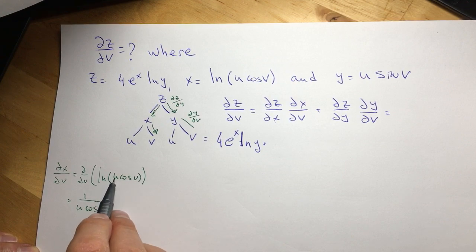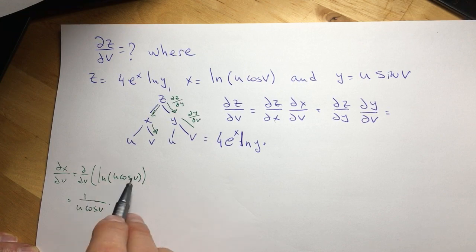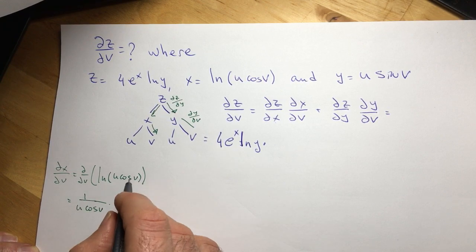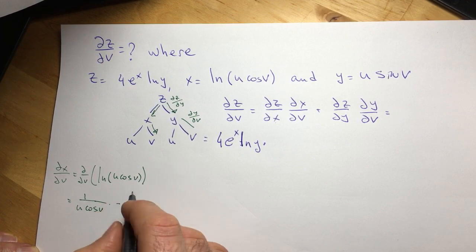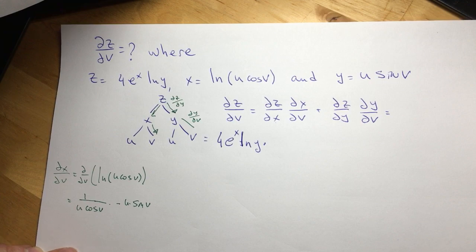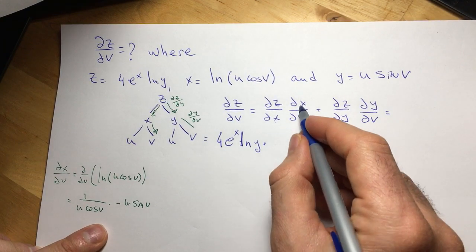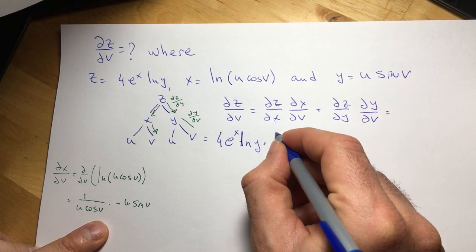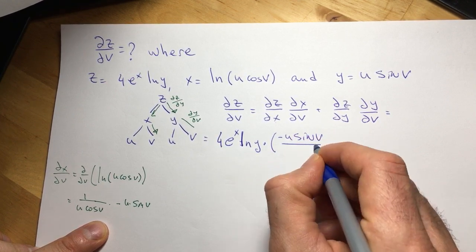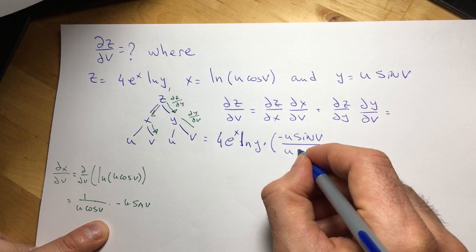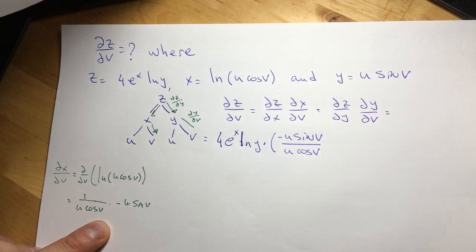We said I treat u as a constant because I'm looking for the partial with respect to v, so the derivative of cosine of v is negative sine of v times u, which is being treated as a constant. So partial x, partial v is negative u sine of v over u cosine of v,